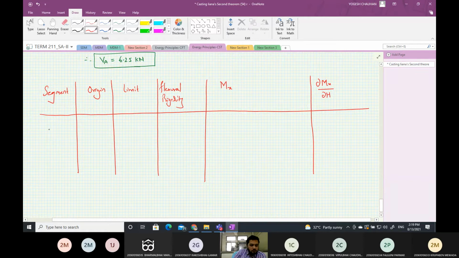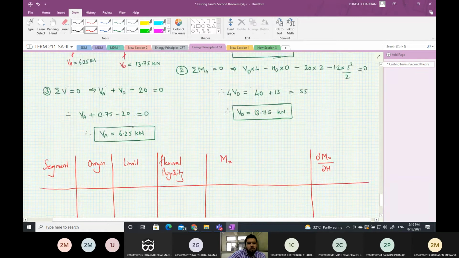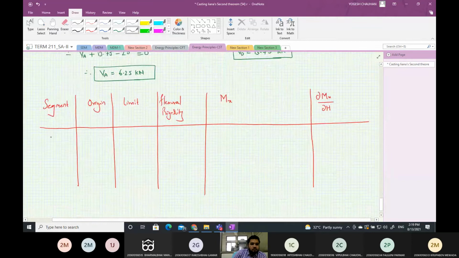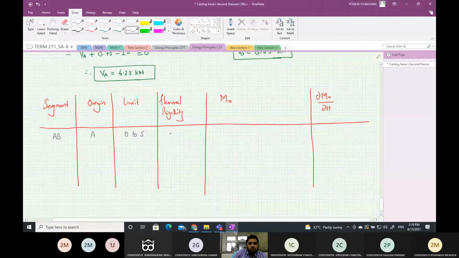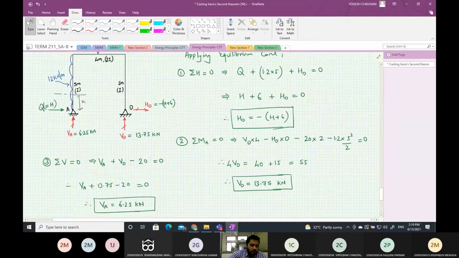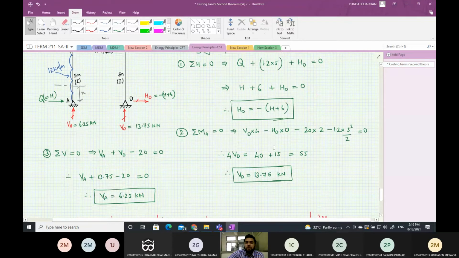First segment, let us take a segment here at a distance x from A. So the moment equation will be for segment AB, origin is A, limit will be 0 to 5, flexural rigidity is EI. The moment equation about that will be h into x, and as per our sign convention